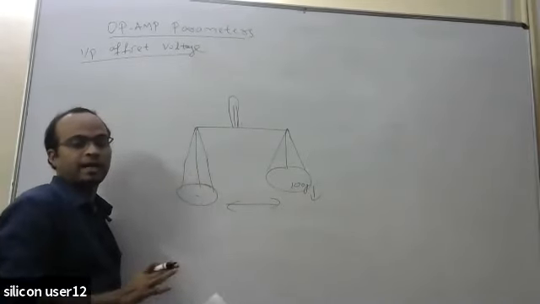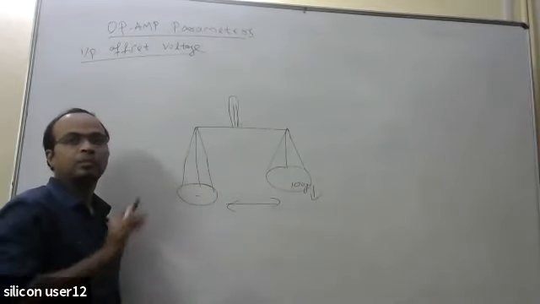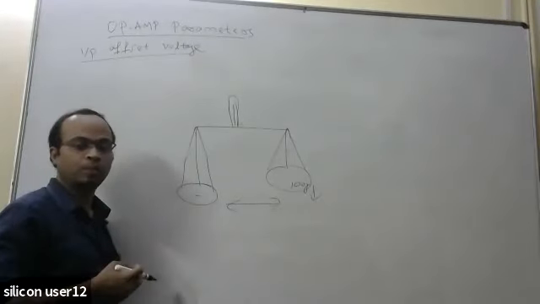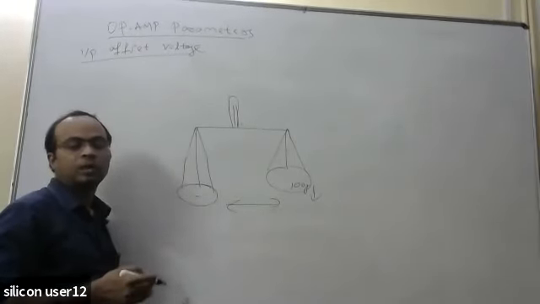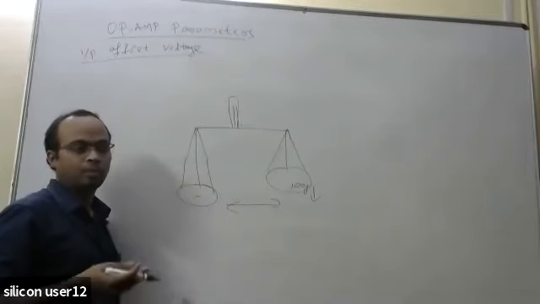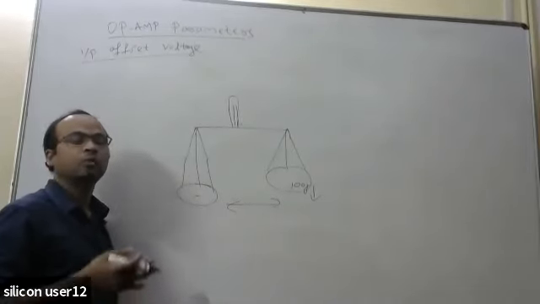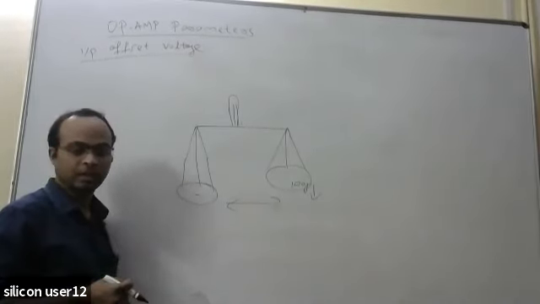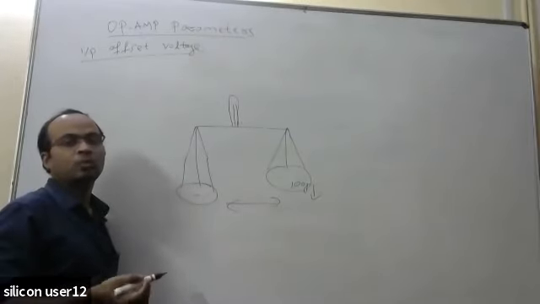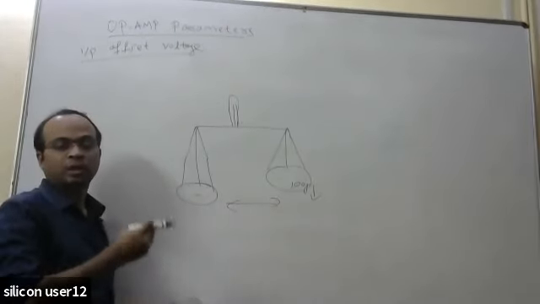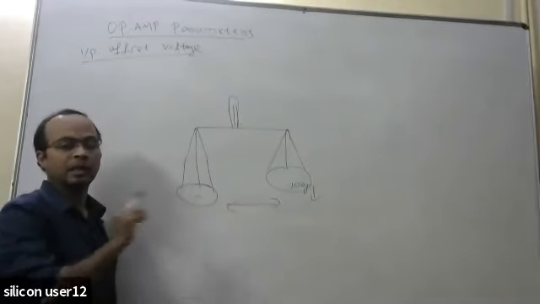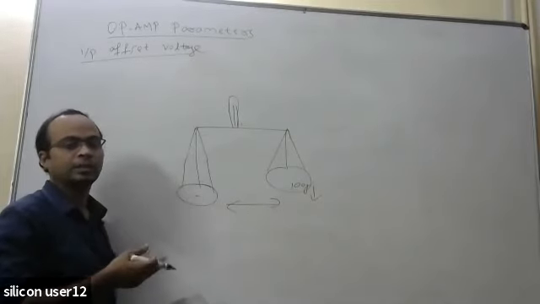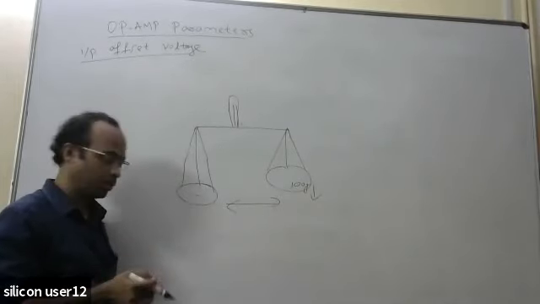Ideally, if I have an op-amp and my inputs are 0, that means initially when I'm giving nothing, at that time my output should be equal to 0. But due to some mismatch or problem in the manufacturing, obviously the output will not be exactly 0. Some small voltage may be available at the output side. To balance that, we have to apply the opposite sort of voltage at the input terminal, so that the output offset voltage will be cancelled out. That is the concept of input offset voltage and output offset voltage.